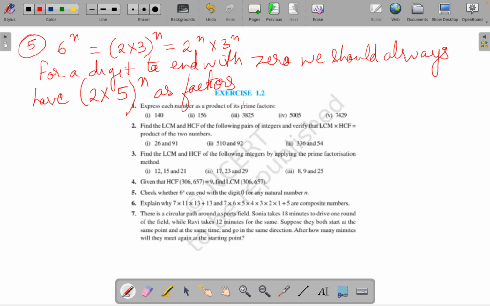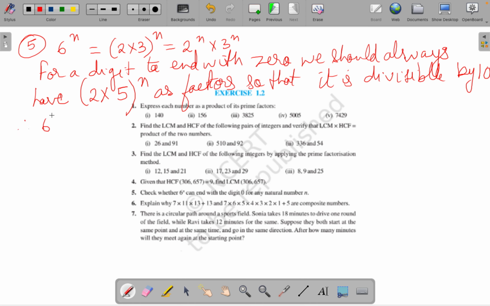Right? We should always have 2 into 5 raised to power n as factors. But is it possible in this case? Right? So that it is divisible. Right? Divisible by 10. Right. So इसमें 2 के पावर n तो है, क्या इसमें 5 कभी आ ही नहीं सकता. So no,